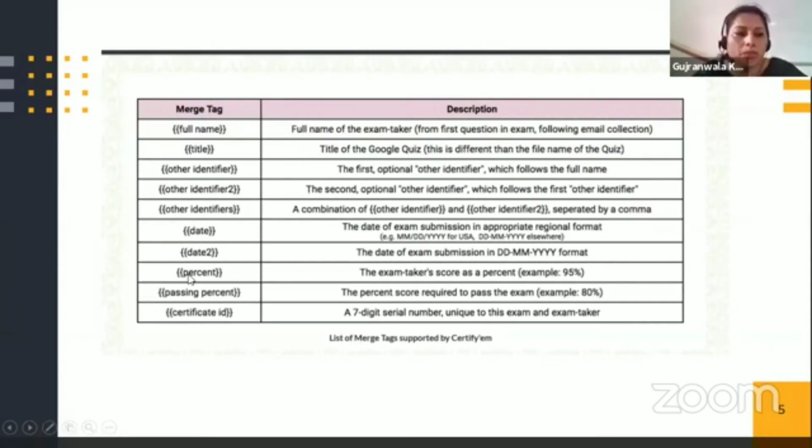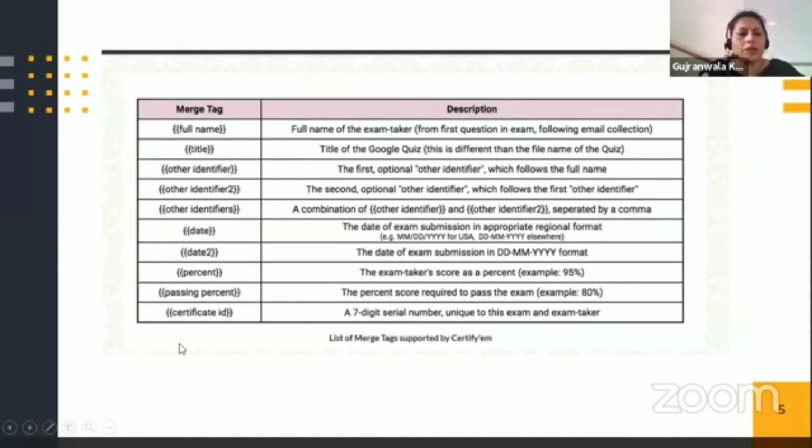If you want to print the percentage of the score which the child has scored in your quiz, you just need to give percent over there. Passing percentage, you can write how much was your passing percentage. Certificate ID you want to give, you can give it. It is a 7-digit serial number.